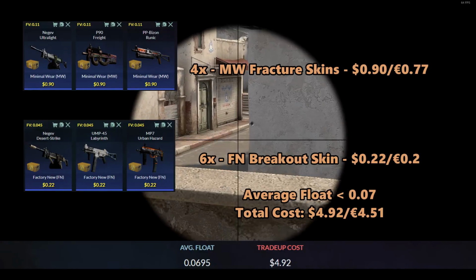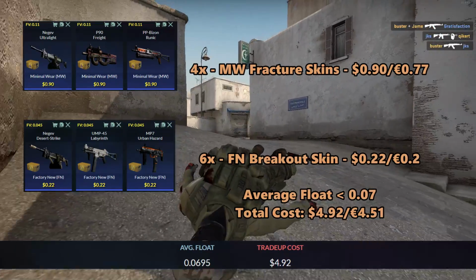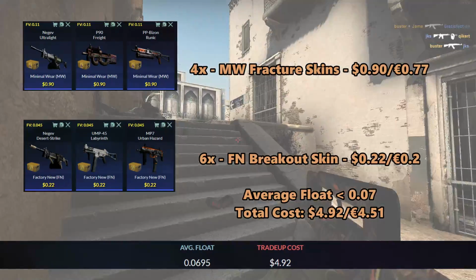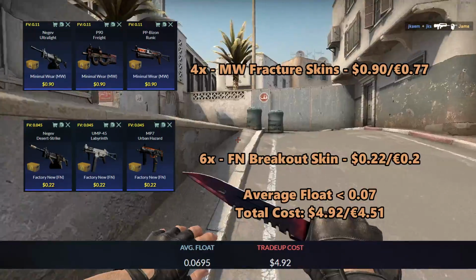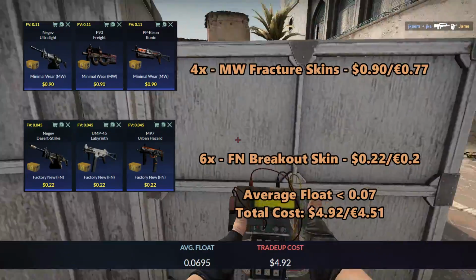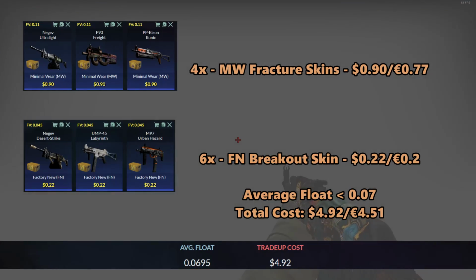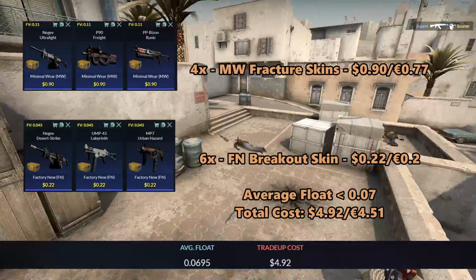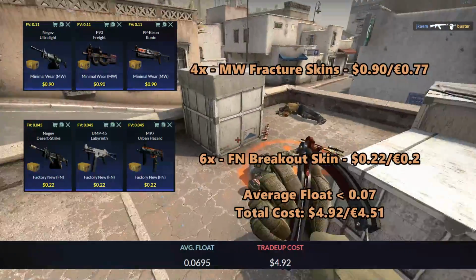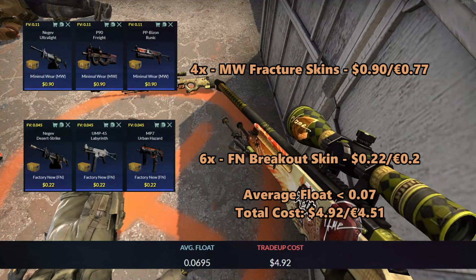will be using 4 minimal wear fracture skins for 90 cents each and 6 factory new breakout skins for 22 cents each. So the average float for this trade up must be less than 0.07, so to achieve this, I recommend using minimal wear skins with floats less than 0.11 and factory new breakout skins with floats less than 0.045. So these inputs should be really easy to get, just trust me. So the total cost of the trade up will add up to $4.92 or